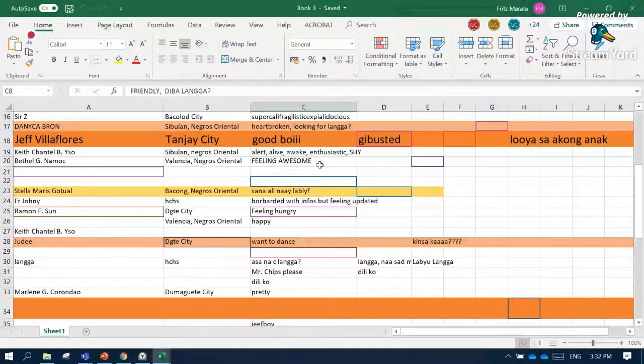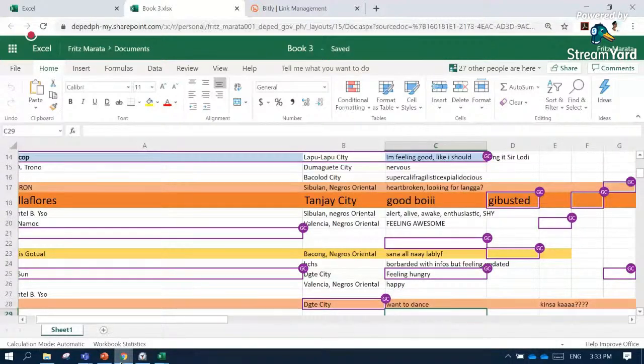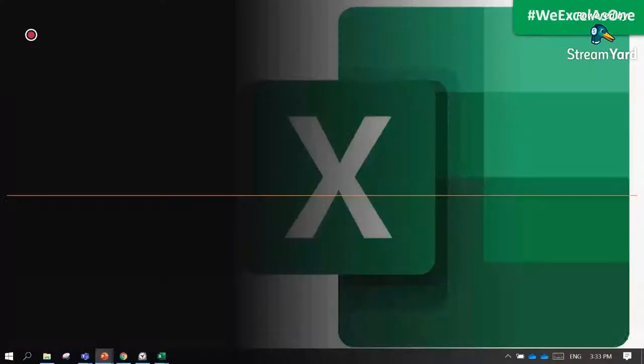So, did you enjoy the first activity? Yes, yes, yes. But we cannot just continue with the first activity because we still have other activities. You can continue contributing there while I am discussing the second activity. Is that okay? Okay. Before we continue with the second activity, do you have questions?